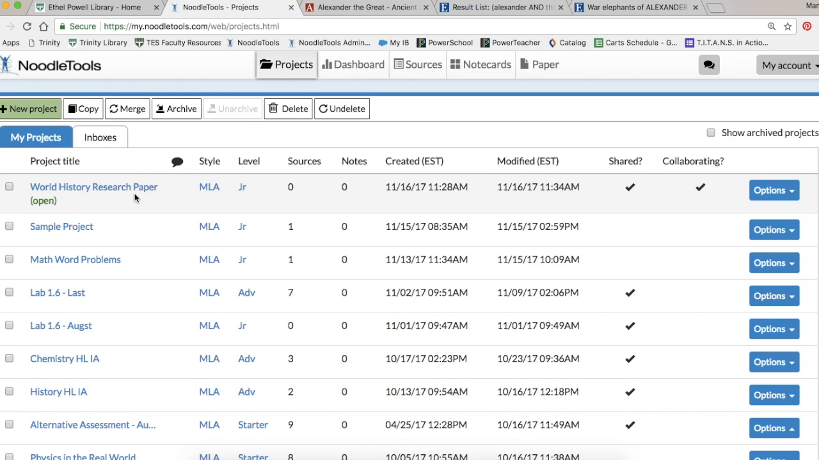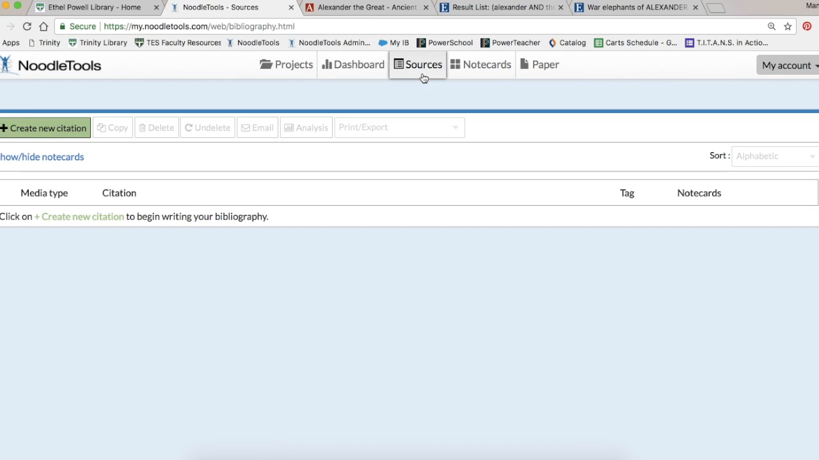this project. Now go up to the menu. This menu appears no matter where you navigate to on the NoodleTools website. So if you get lost on a step, just go back to the menu to reorient. To add a citation, click on the Sources tab in the menu. Currently, I don't see any citations for this project because I haven't entered any yet. So let's begin. Click on the Create New Citation button on the left-hand side,